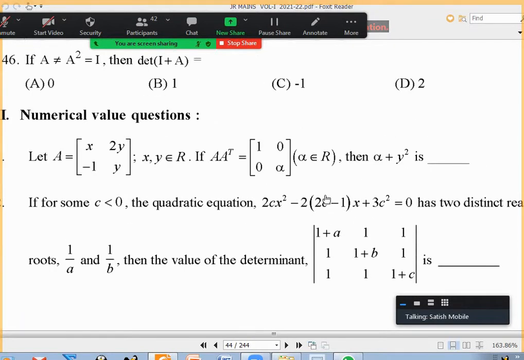Now, numerical questions. Numerical type questions are easy only, sir, I think. Yeah, many of them are quite simple. Any doubt about the first two questions in the numerical section? Yes, sir. Both. Both are doubts? Yes, sir. Okay, let me discuss that. Somebody said they have doubt about the first and second question, right? Yes, sir. Okay, I'll explain.